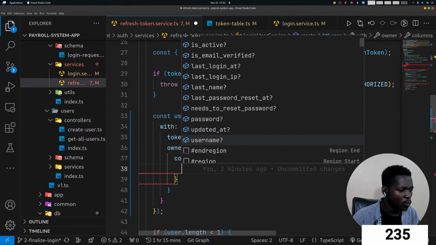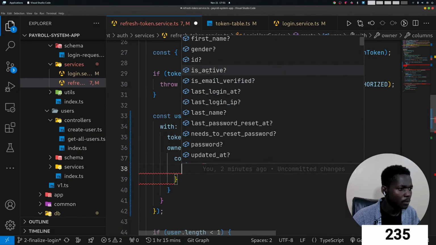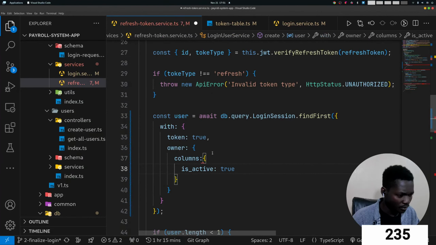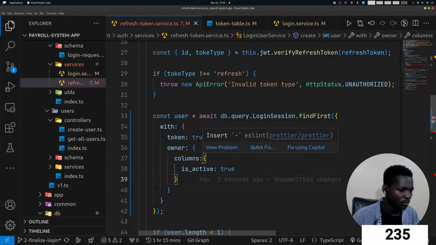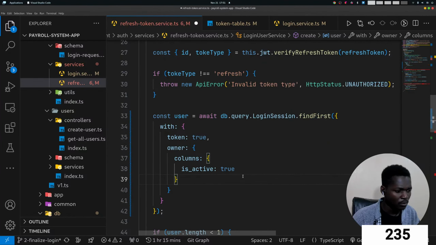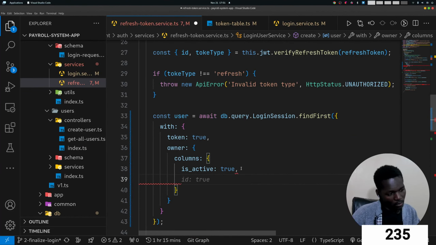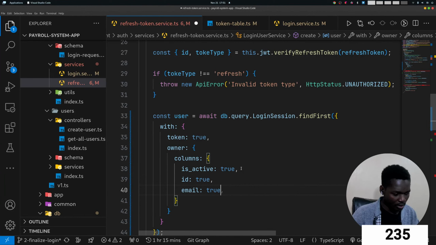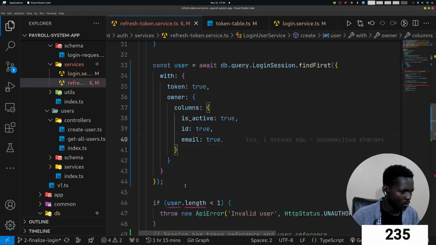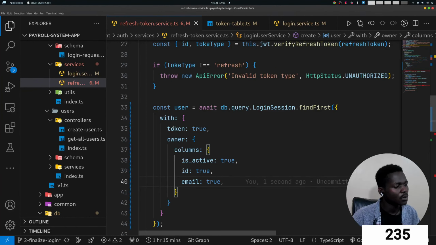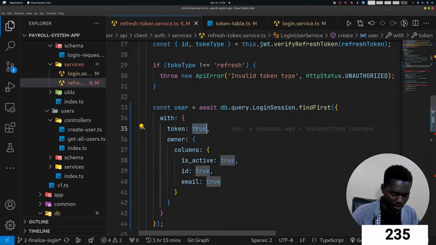So we'll take isActive. We'll need the ID and the email. Then in the token part,